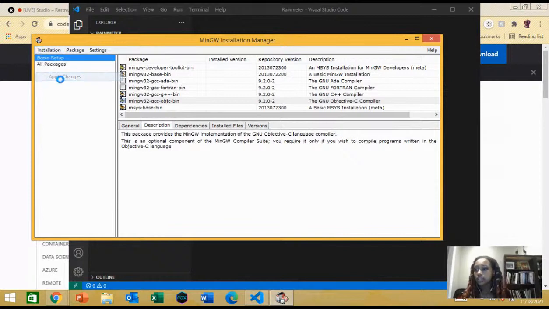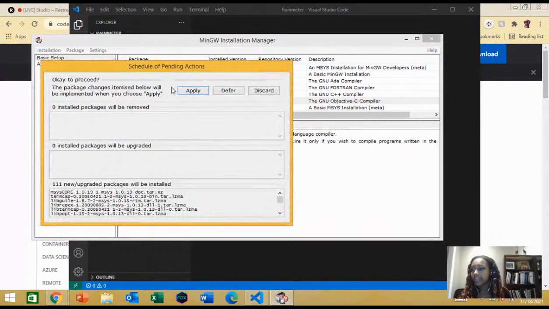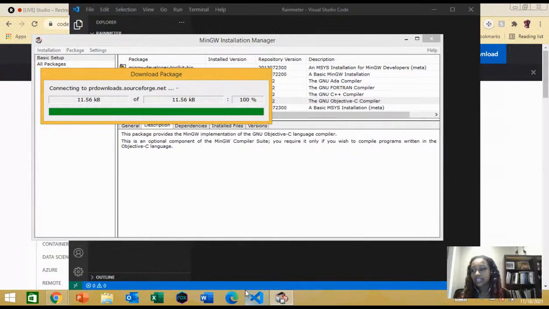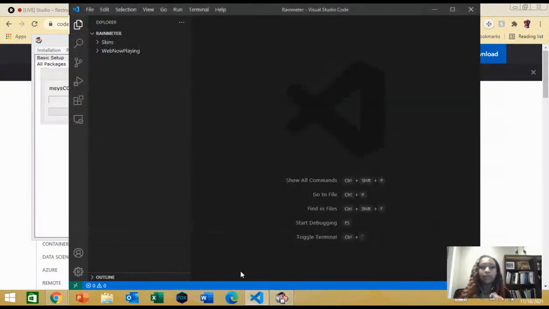Now you're gonna let it run in the, oh wait, okay. So you're gonna press apply now. And now you're gonna let it run in the background because this also takes a very long time. While you do this though, we're gonna switcheroo over to VS Code. And okay, so basically now is the time where you